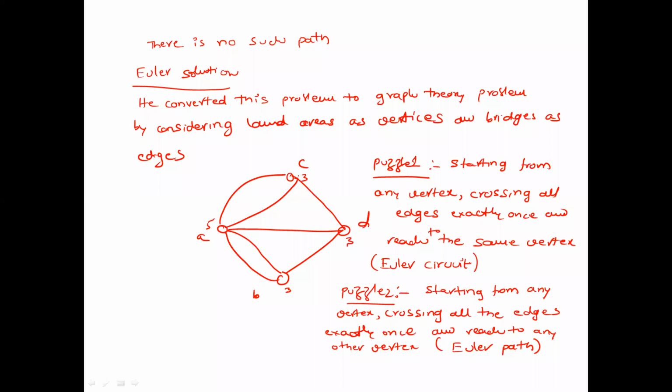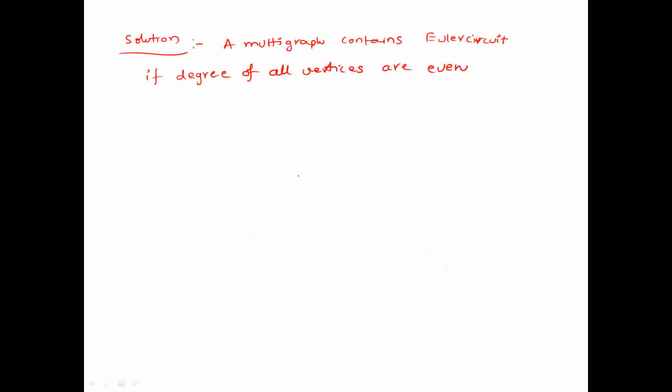Such a path exists only when the degree of each vertex is even. Very simple solution he has given, a very simple, sweet statement. Then, if it is not an Euler circuit, at least you can have an Euler path. That means the solution to the next one, that is the Euler path.